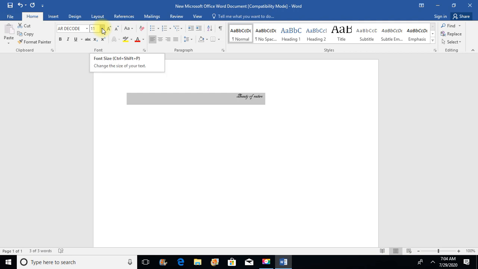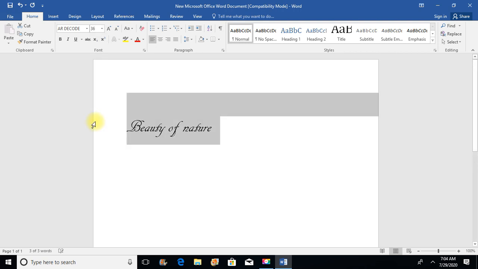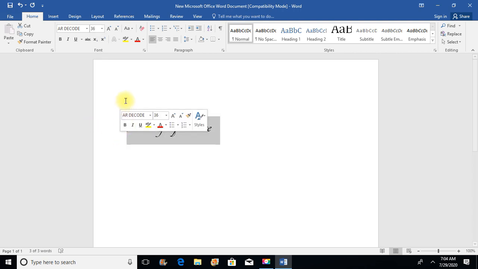Here it is 11. By clicking on the drop down arrow, you can see the sizes, changing the size accordingly. I selected 36. This is the way to change the font style and size.